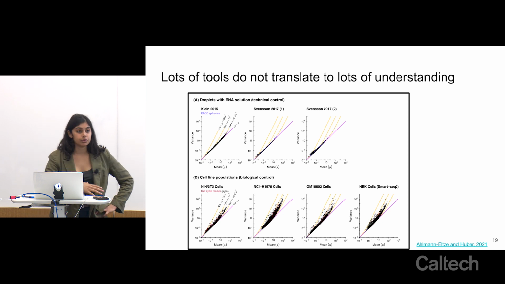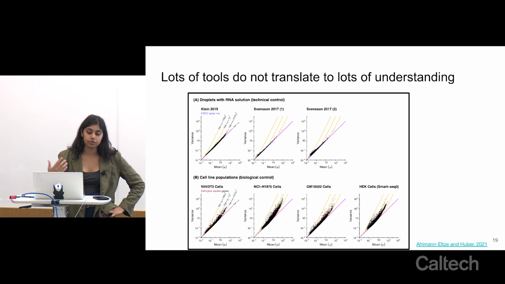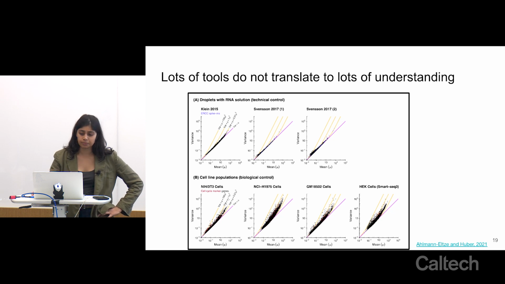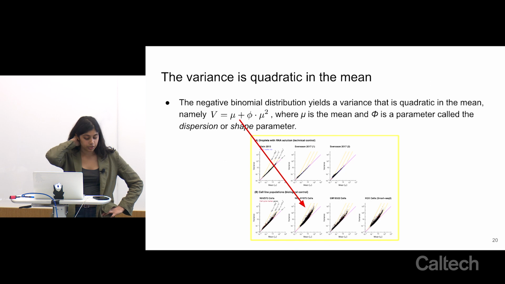So, because we have a lot of methods out there, it doesn't necessarily mean that we immediately have some greater biological understanding of what is happening under the surface of these counts that we're getting. And this is just an example which motivates a lot of the work that we do in our lab,